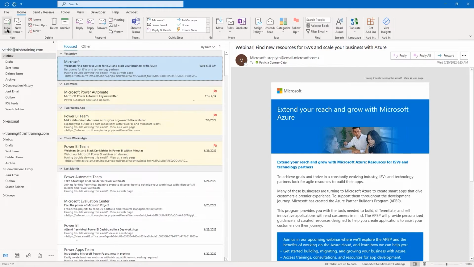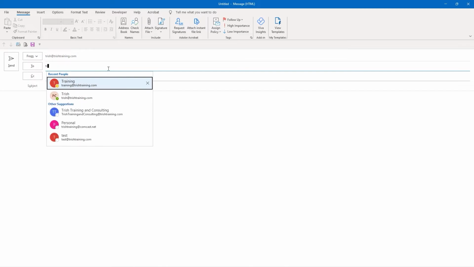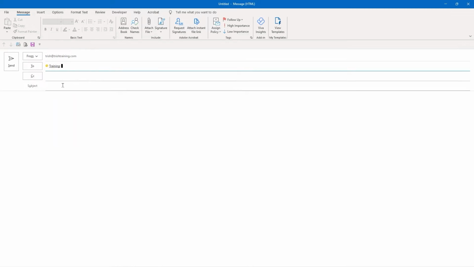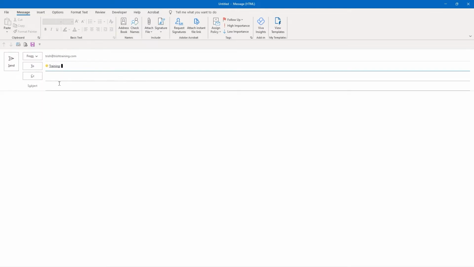And we're going to do another new email. And I'm going to address it to my other self again. And by the way, you can send emails to yourself. I'm using a different account, but you can actually send emails to the account that you're sending an email from. And so I have it addressed. And the subject for this one is going to be format message content.